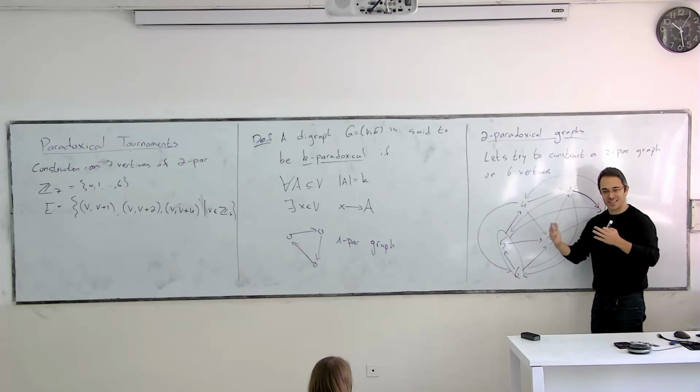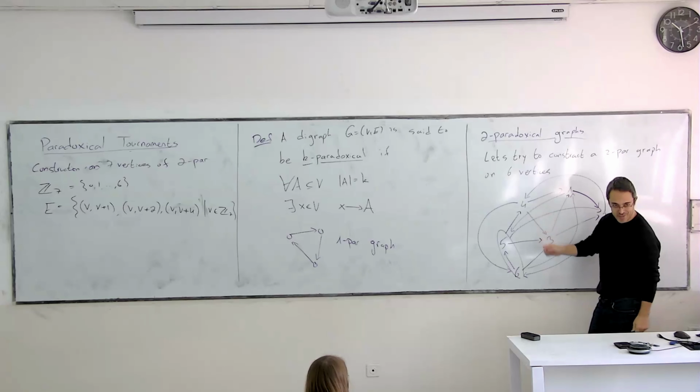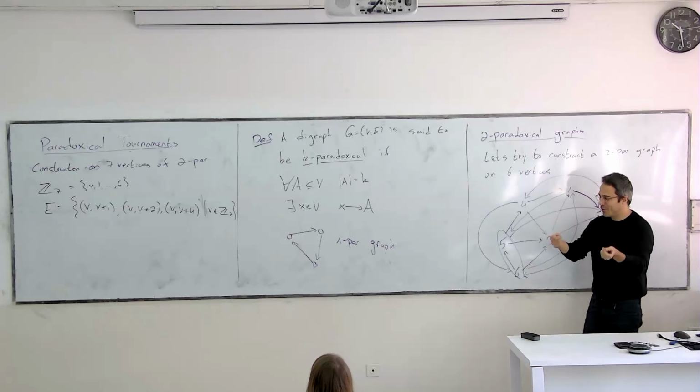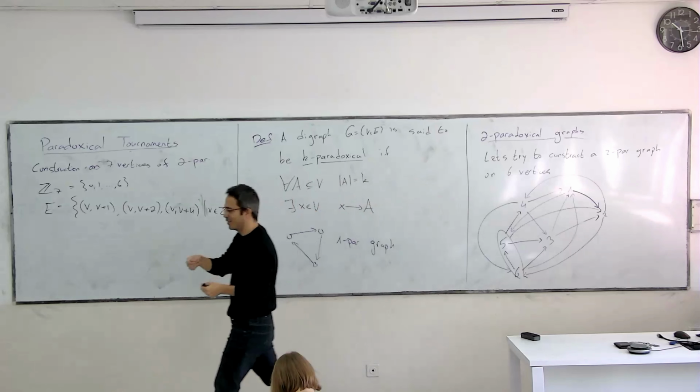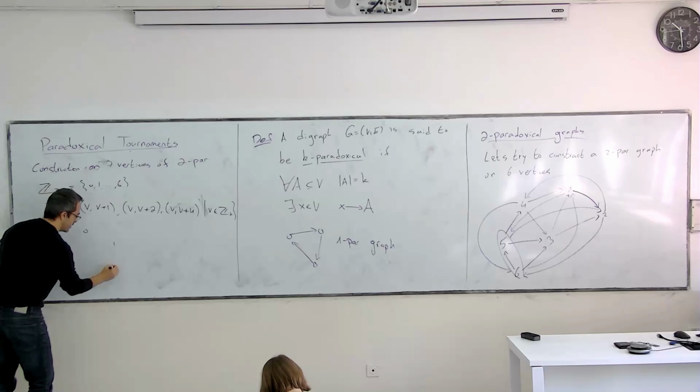Because everyone is playing with everyone. So a tournament is just a directed graph in which you have exactly one edge between each pair, no parallel edges, and no self-loops, because you don't lose to yourself. In other words, there is an edge between every two vertices. That's why it's called a tournament. This is a tournament. The edges in the other direction don't matter. So for this graph, for example, it looks like this.